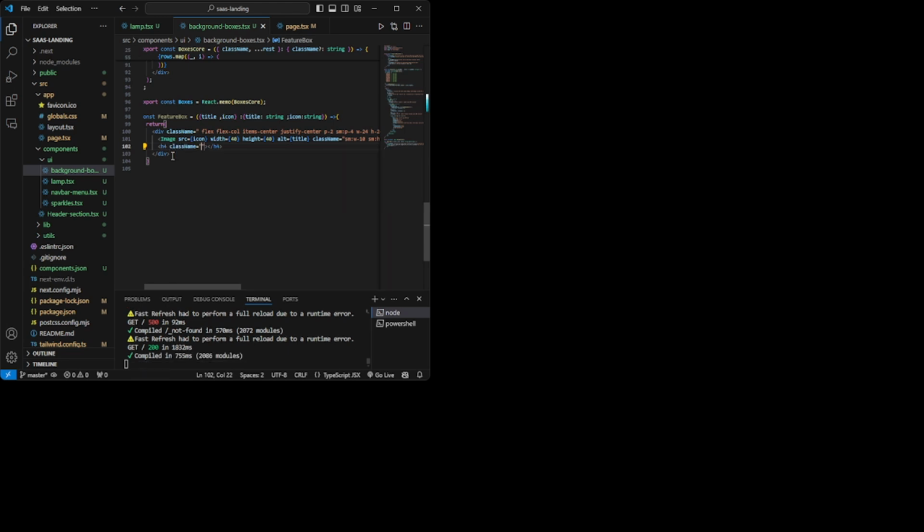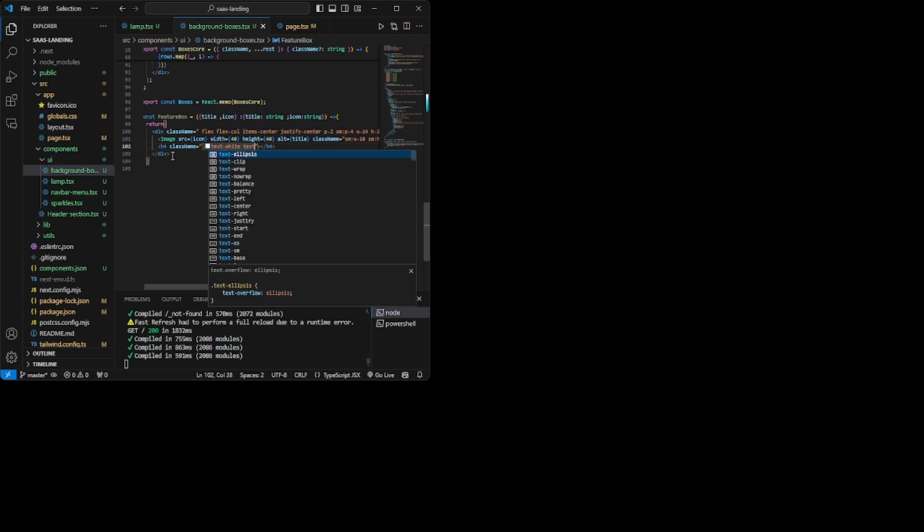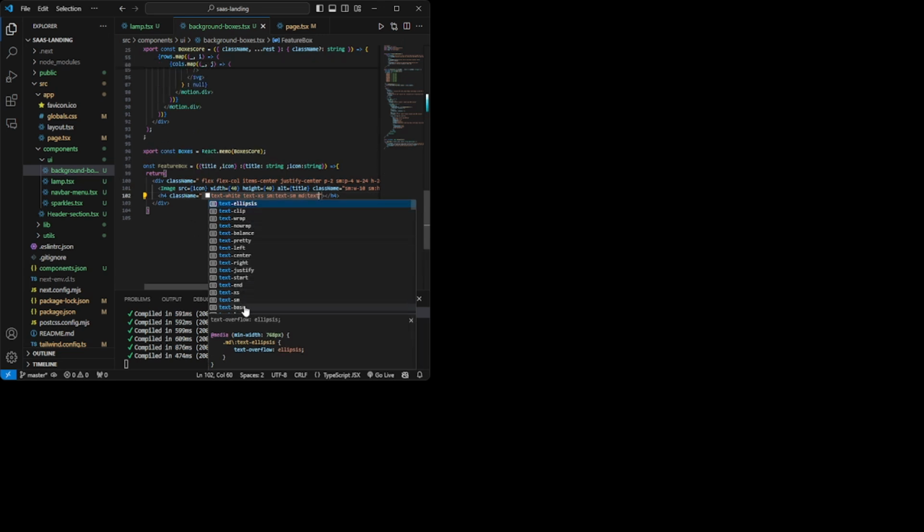H4 class name, the text should be white. The text should be extra small, and in small devices, the text should be small. In my medium device, the text should be base.